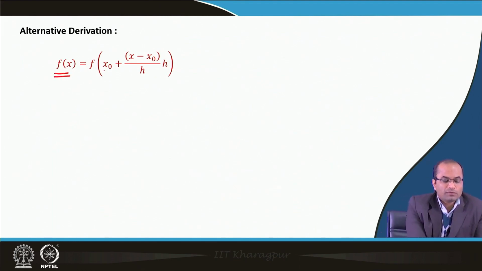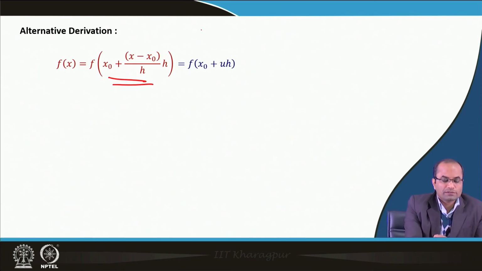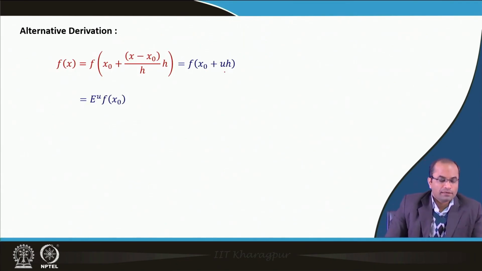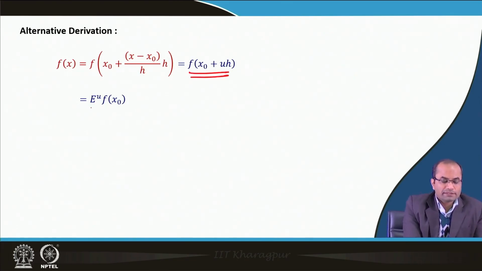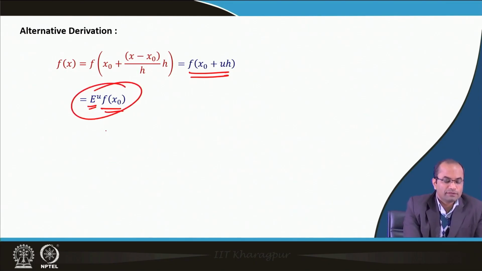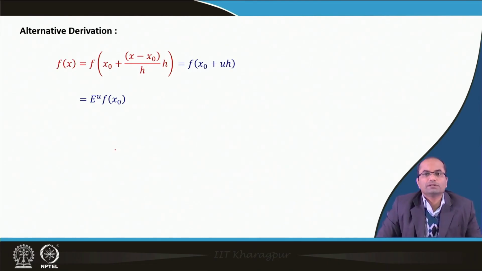So f x we can write down as x naught plus x minus x naught over h. You just see that h gets cancelled and x naught gets cancelled, and we still have f x there. Now we know the notation: x minus x naught over h we are taking as u. So we have x naught plus u h. By this shift operator, which is the e operator, applied u times, we get e power u f x naught, because this was exactly what we learned, that this value will be x naught plus u times h. So this is a quick derivation, sort of, which will lead to the formula which we have